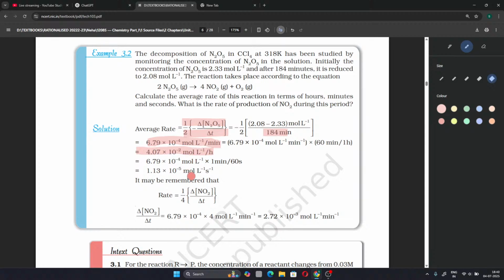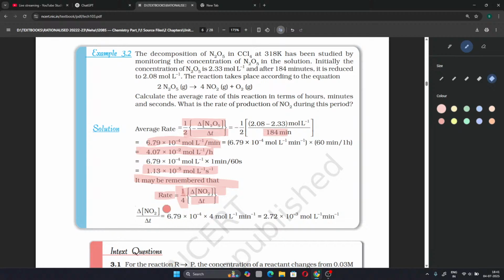But in case you wanted in seconds, then from minute we will divide it by 60, or from hour we will divide it by 3600. We will get the final answer in seconds to be 1.13 into 10 power minus 5 mole per liter per second. It may be remembered that rate equals 1 by 4 delta NO2 by delta T, which is around equal to,